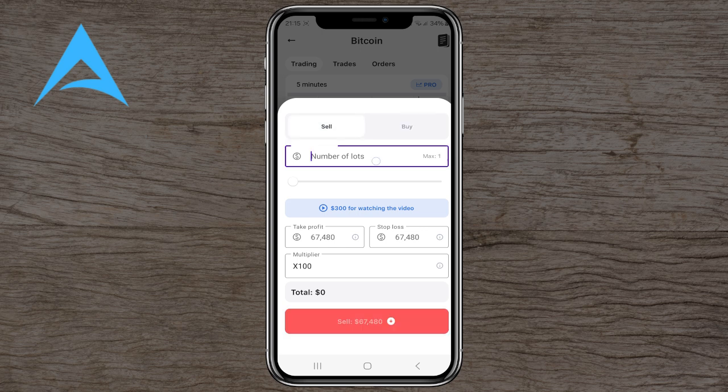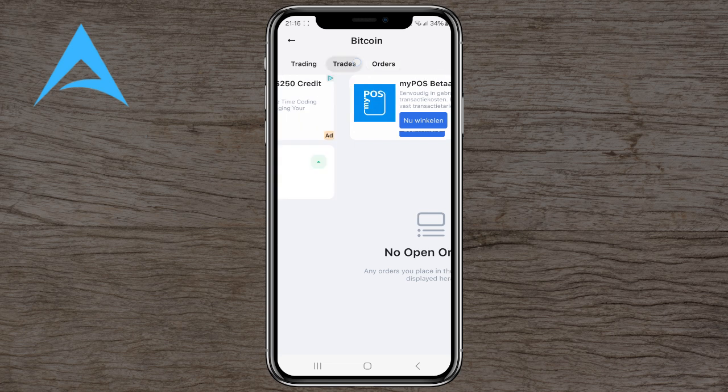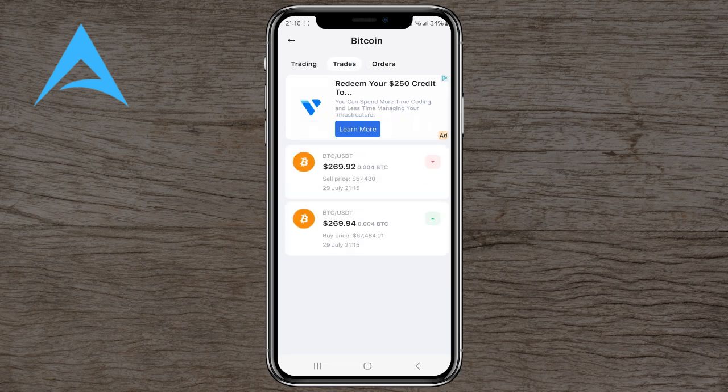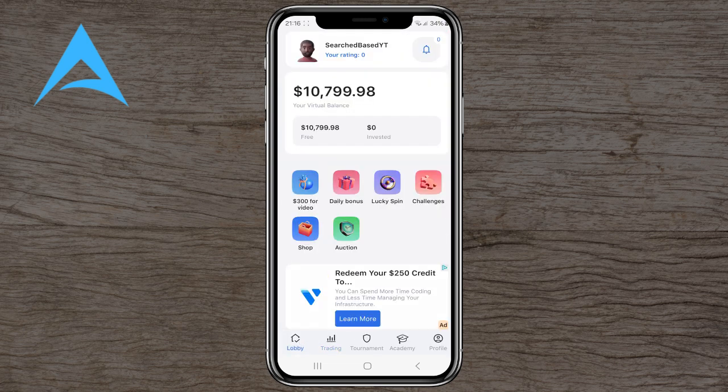Now you see max 1 at the right side and you can sell it. So we click on sell and now we actually bought it and sold it again, and now we have no positions left. We actually made, I think, a little loss. Yeah, we made like $1 loss. So yeah,